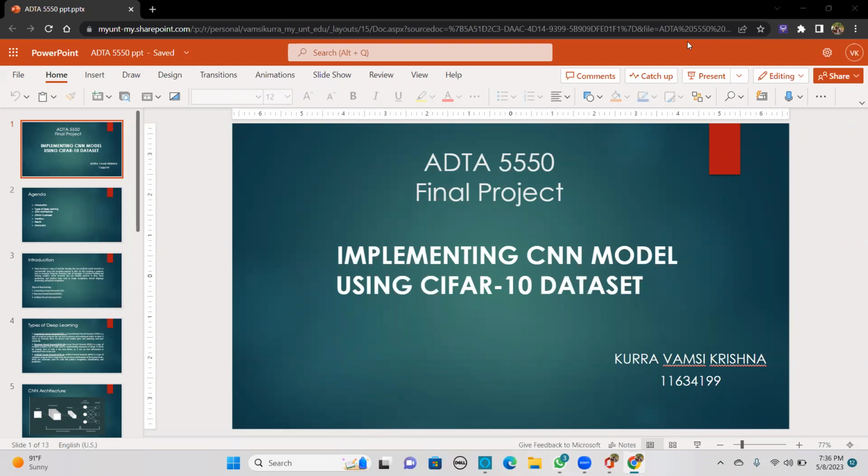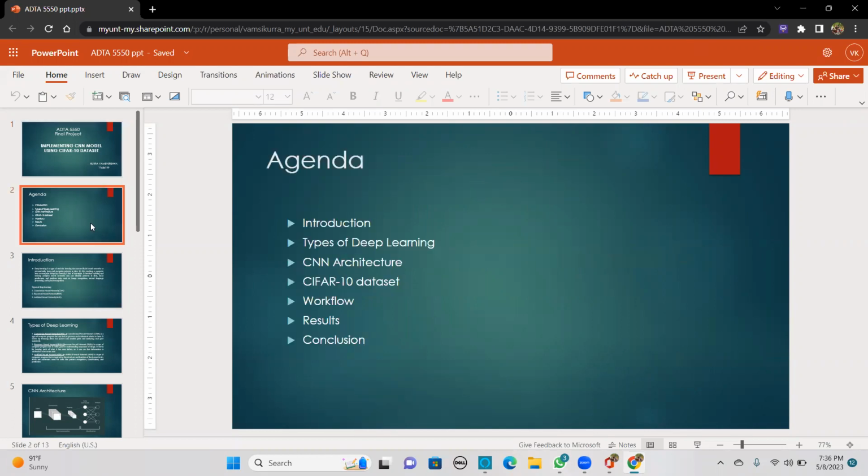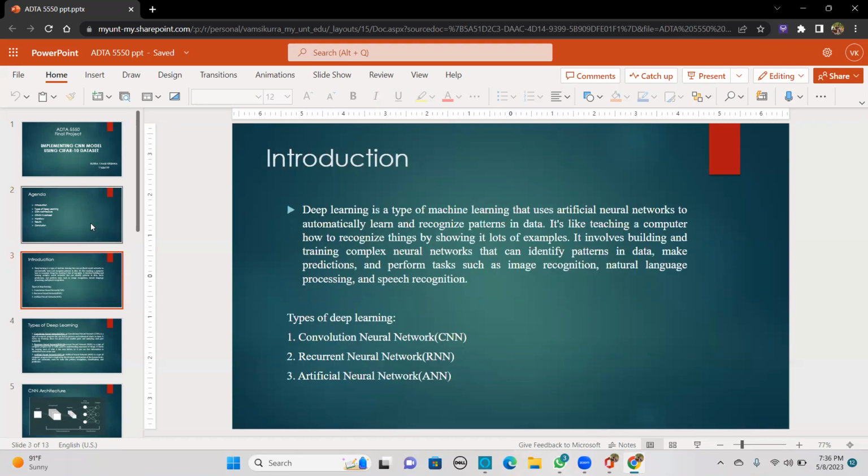The final project was implementing a CNN model and using it for the CIFAR-10 dataset. The agenda was introduction and types of deep learning, CNN architecture, workflow, results, and conclusion. Introduction. Deep learning is a type of machine learning that uses artificial neural networks to automatically learn and recognize